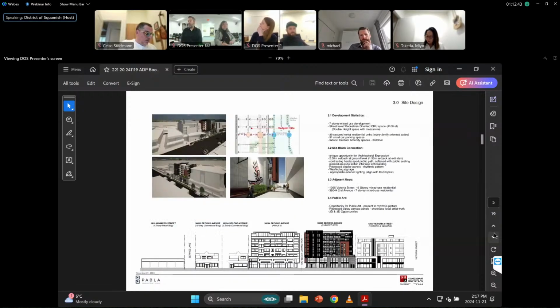Getting into the development statistics. As Aja had mentioned, this will be a 7-story mixed-use development. We do show street level pedestrian oriented CRUs. These are double height spaces with approximately 4,100 square feet of space. As mentioned, 39 secured rental in perpetuity above the 5 floors. And there's both an indoor and outdoor amenity space on the 3rd floor, which we will take a look at